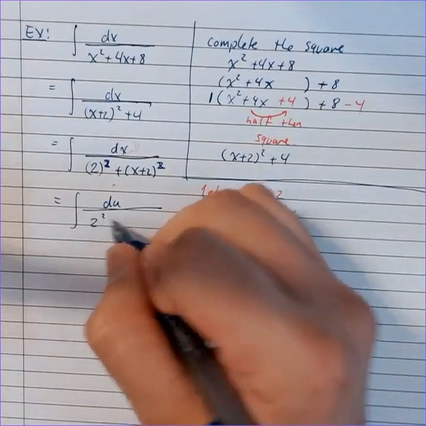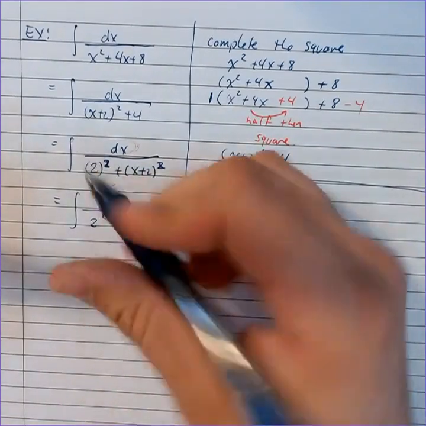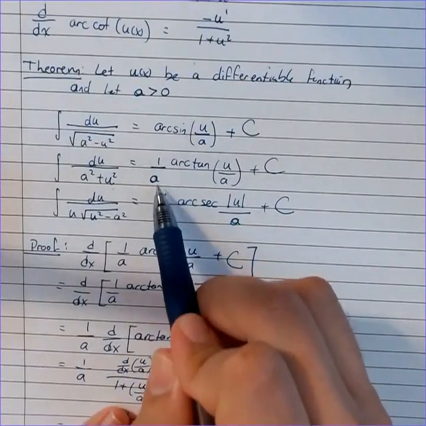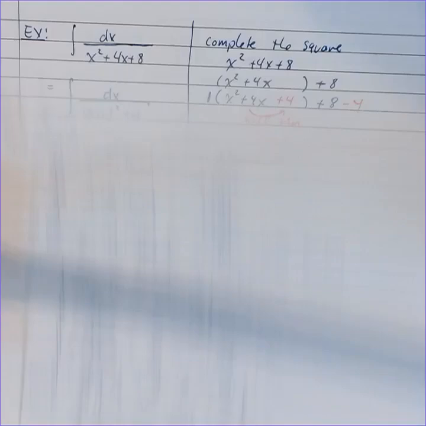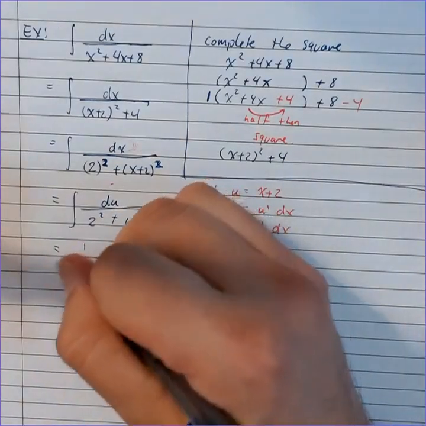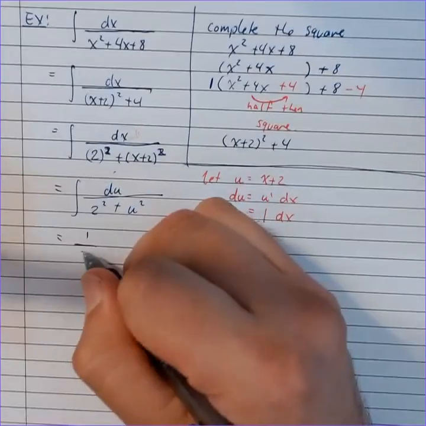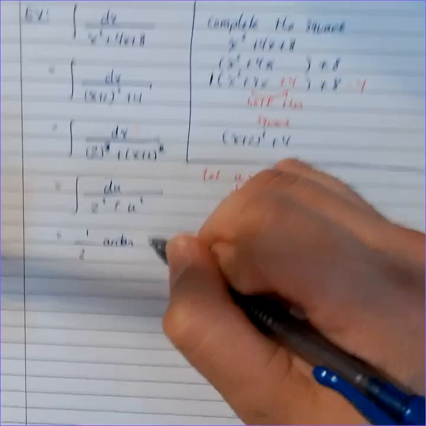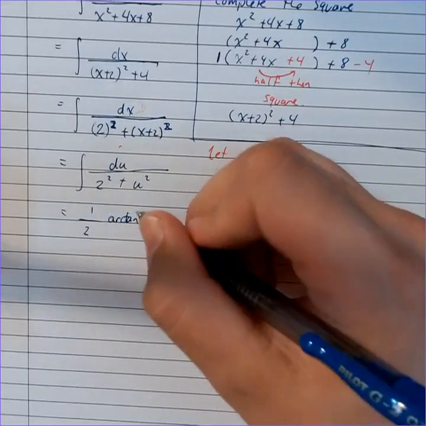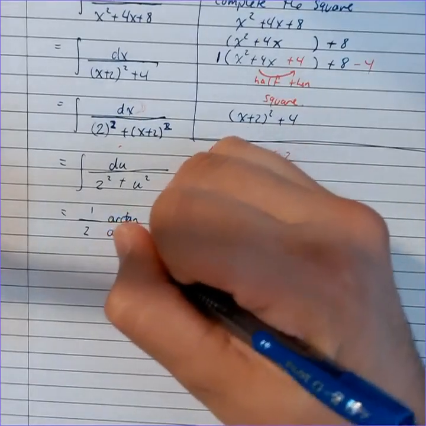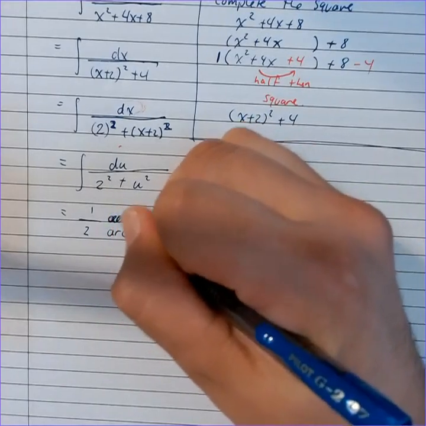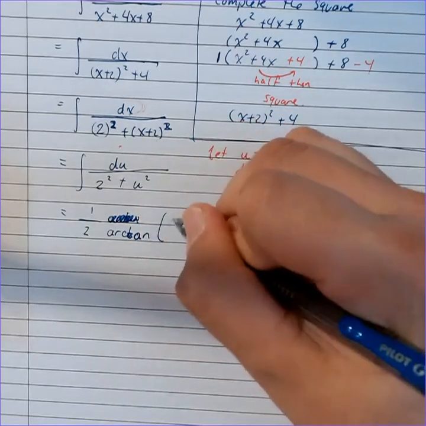Over 2 squared plus, that's the thing we're calling u squared. And now from our theorem, we get that that's going to be 1 over a times the arctangent of u over a. Okay, so that's going to be 1 over, that's your a, times the arctangent. Tangent has 3 letters, and I still managed to misspell it. There we go. The arctangent of u over a